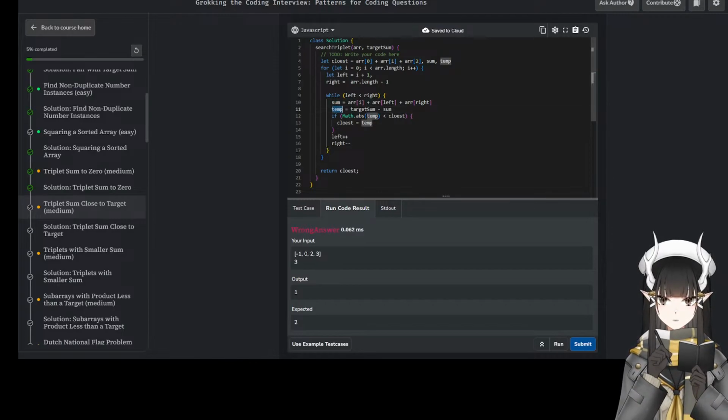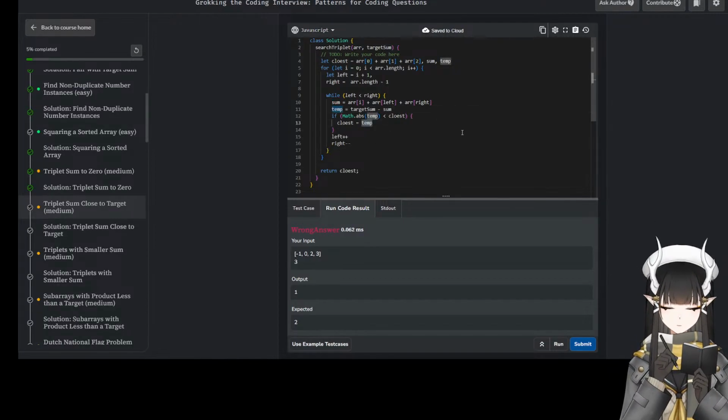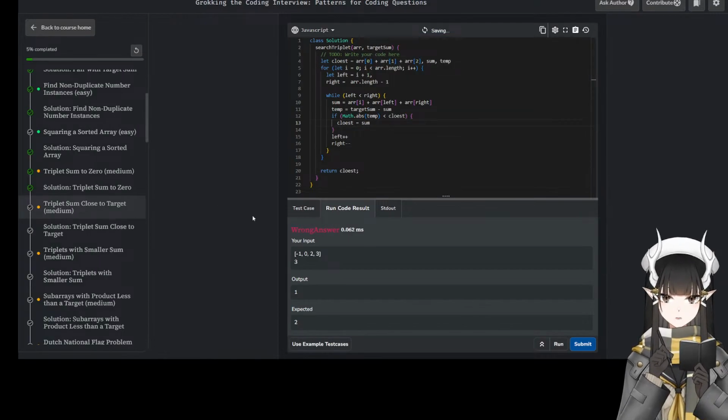So sum is 2. Temp is equal to the target number, which is 3. So 3 minus 2 will be 1. Oh, okay. This should equal to sum.